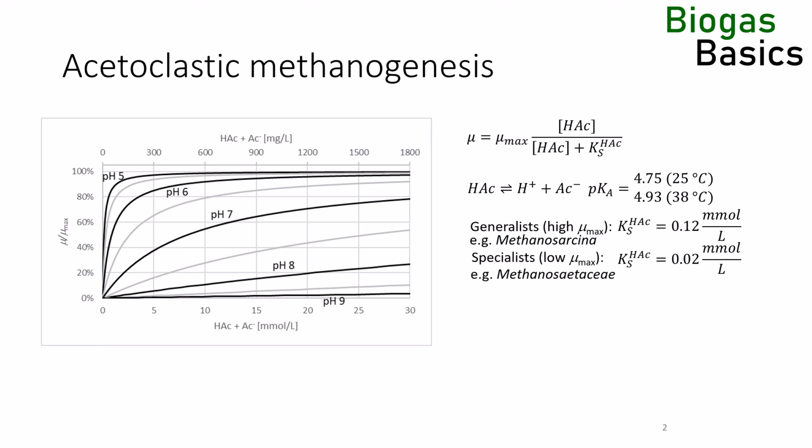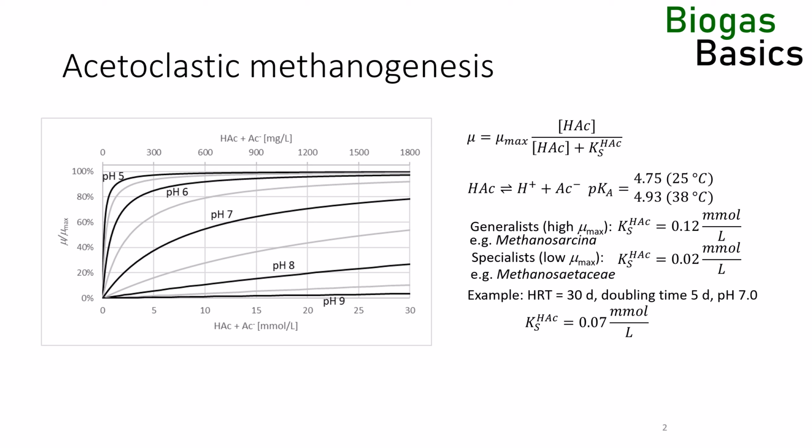Normally, we do not know the microbial composition of a biogas digester, so it is difficult to make exact predictions of the acetic acid concentration in a digester, but we can use average values to explain the concept here. Let's investigate an example. A biogas digester with 30 days residence time has a pH of 7. The methanogens in the digester can double every 5 days in free growth. The Monod constant is 70 micromoles per liter. What acetic acid concentration can we expect in the digester?